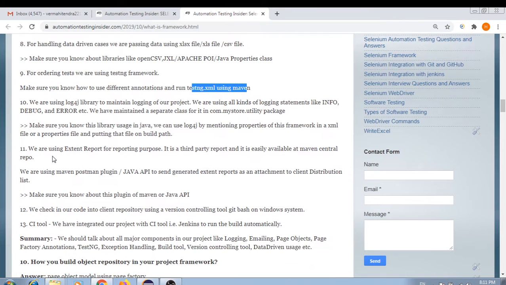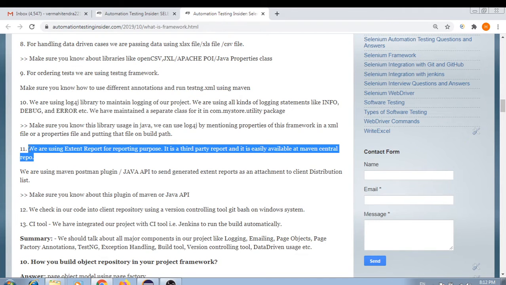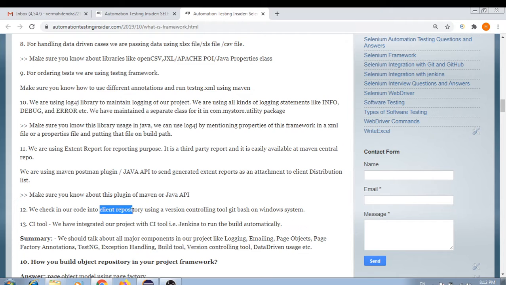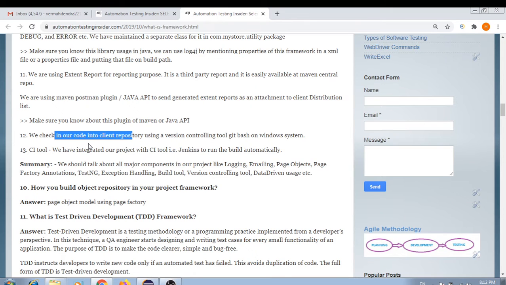And then we are using extent report for reporting purposes. It is a third party report and it is easily available at the Maven Central repository. So this is about the extent report for reporting. And we check our code into the remote repository using a version control tool, Git Bash on Windows system. So for version control we are using Git and GitHub, like that you have to explain. And then CI tool, so we have integrated our project with a CI tool, that is Jenkins, to run the build